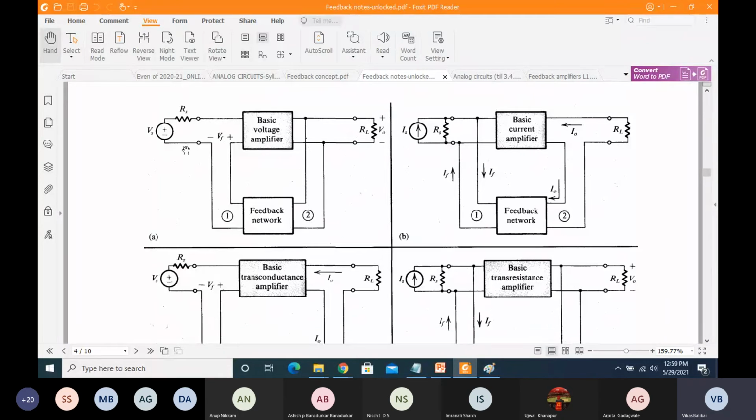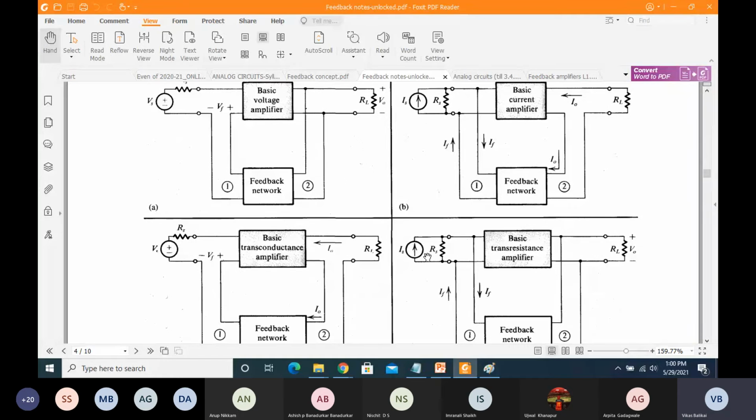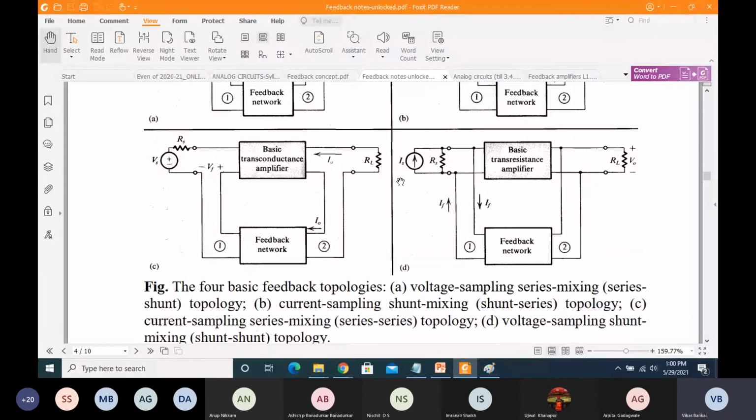See, at the input side, resistance is in series, connection is in series. At the output side, resistance is in parallel with the voltage output, the connection is also in parallel. And the moment you talk about current source, I connect the resistance in parallel, and hence the connection is also parallel or in shunt format. So this way we can remember the entire configuration setup of all our four amplifier configurations.